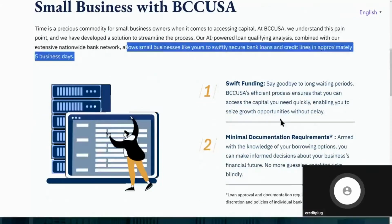Okay, so some of the advantages, long waiting lines. So they're able to,